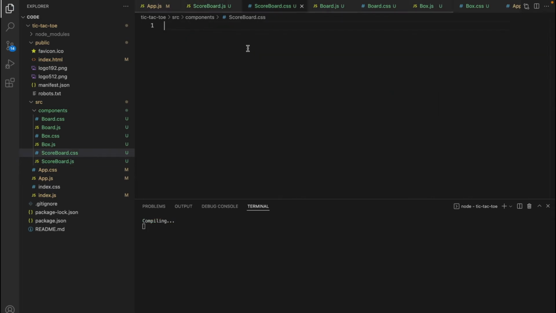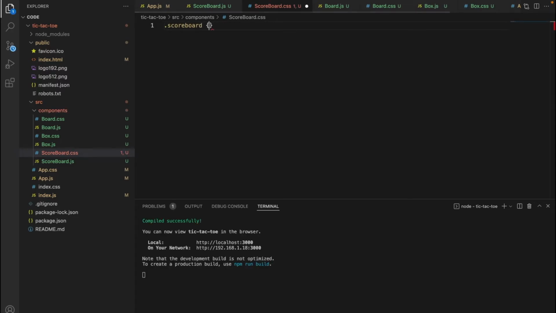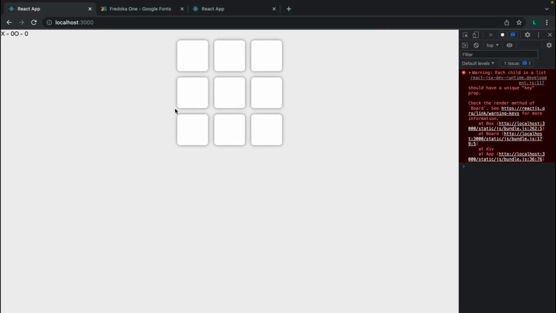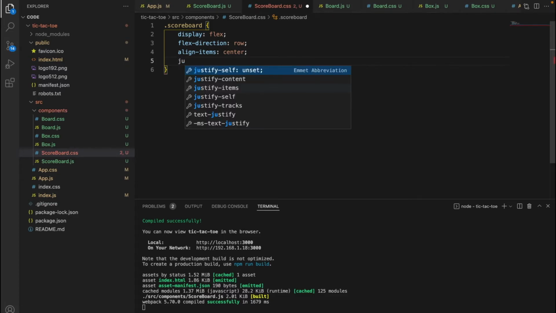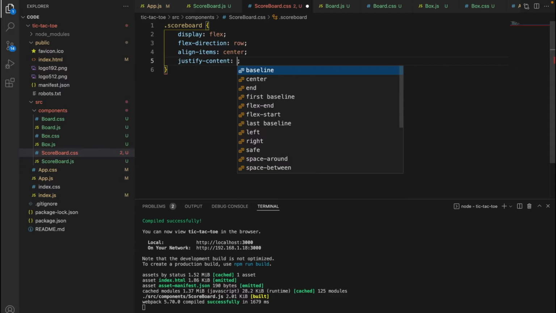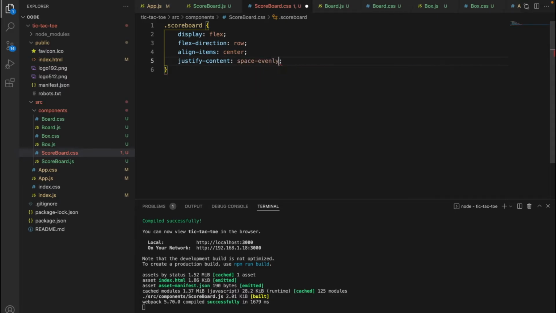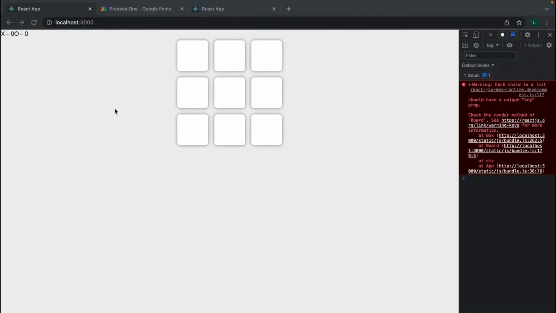Then we go into scoreboard.css and we have to add the styles for these. So firstly, we'll add the styles for the scoreboard component. Firstly, we want to display it as a flexbox. So we'll say display flex. You want the flex direction to be in a row. You want to align the items to the center. And we want to justify the content evenly across the row. Justify content, space evenly. And if we save that,